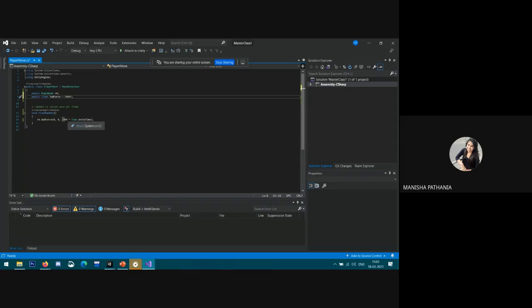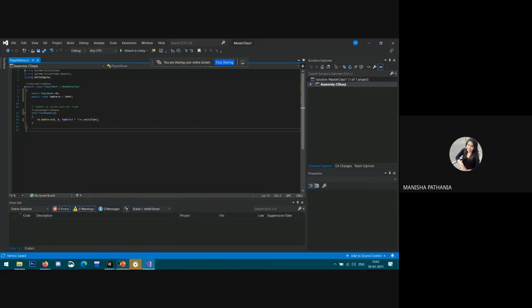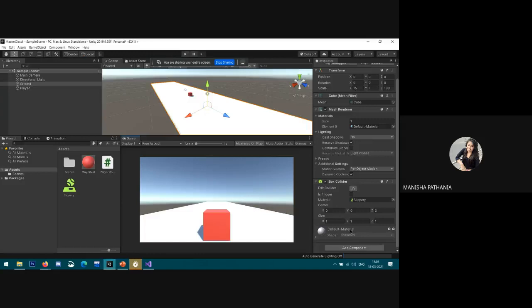So instead of writing 2000 here, I just copy this variable name and paste it here. By default, it will take the 2000 value. But you can also change it from the Unity window when you click on Player.